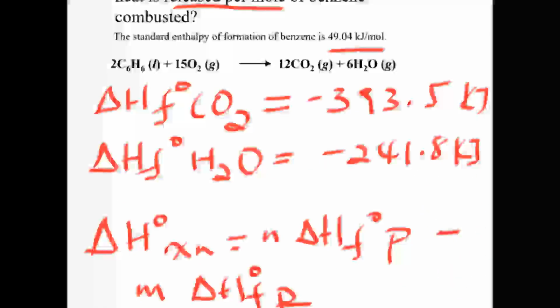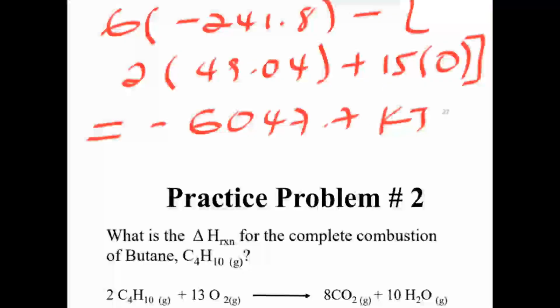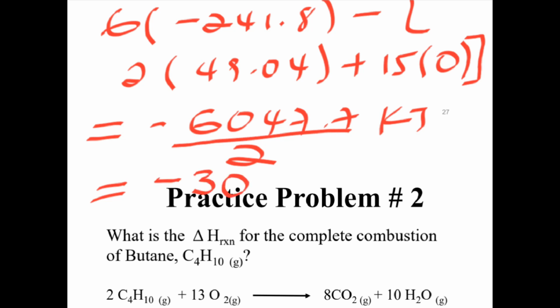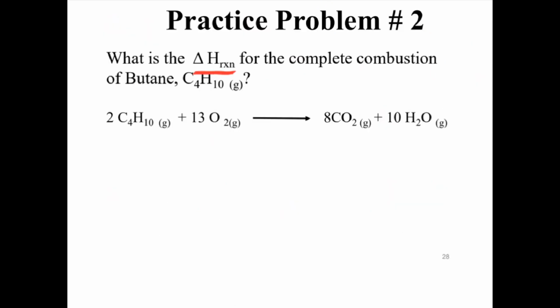ምክንያቱም ባላንስድ ኬሚካል ኢኩዌሽኑ 2 ሞል አለው ስለዚህ 2 ሞል ለማቃጠል የሚወጣው የሂት አማውንት ይሄን ያህል ከሆነ እኛ ግን የተጠየቅነው ፐር ሞል ስለሆነ ይሄን በሁለት ማካፈል አለባችሁ ማለት ነው። ስለዚህ በሁለት ሲካፈል ስንት ይሆናል? minus 3023.85 kilojoule per mole ማለት ነው። So ይሄ ማለት 1 ሞል ኦፍ ቤንዚን ኮምባስዮን የሚወጣው የሂት አማውንት ይሄን ያህል ነው ማለት ነው።